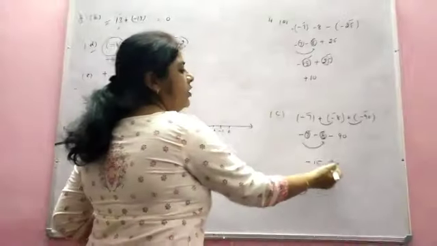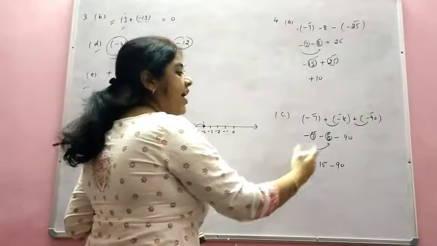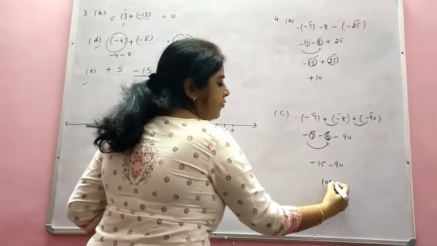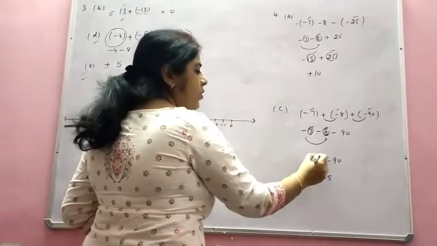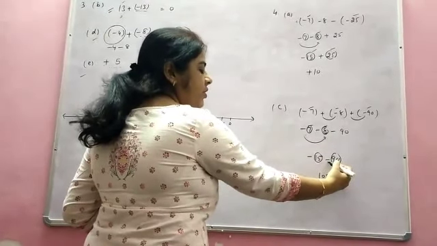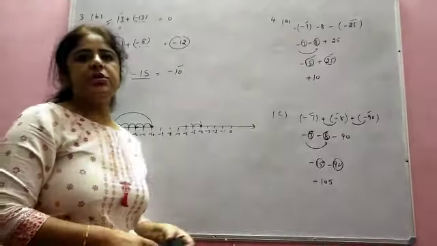Now again we have two negative integers. When two negative or two positive integers are there, we add the integers. So add it. So what will it be? 105. But which sign will come? Observe which number is greater, 90. And which sign is before it? Minus. So minus will come. So in this way students, you will do the other parts yourself.